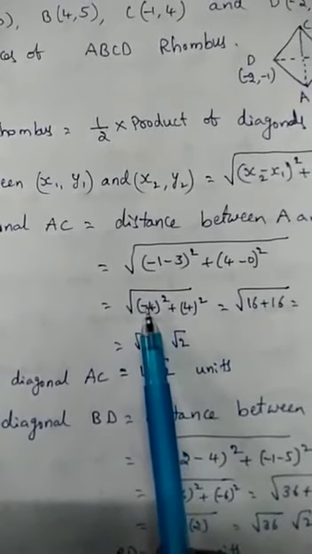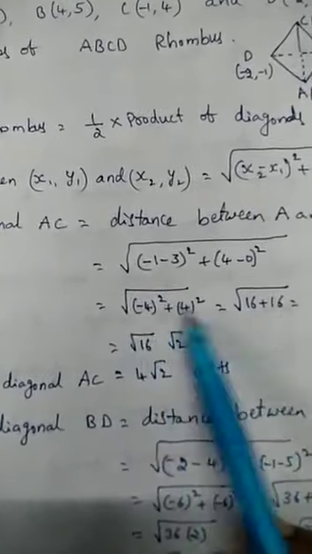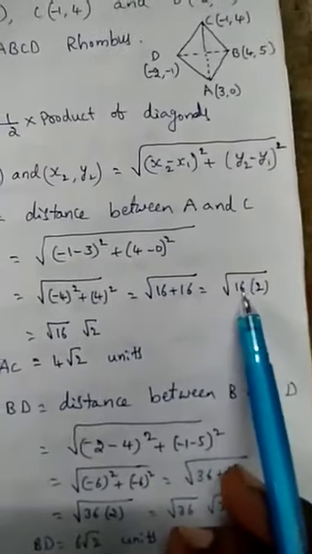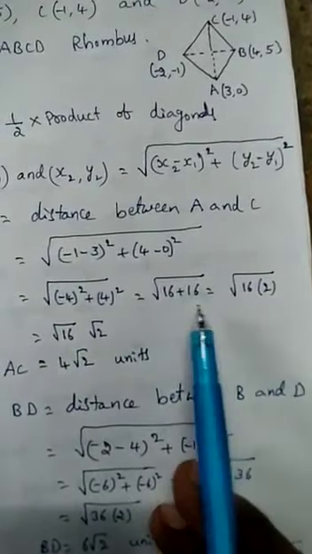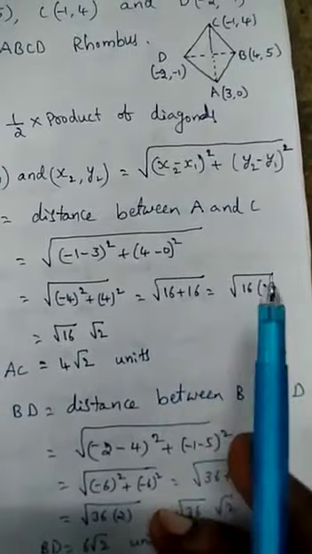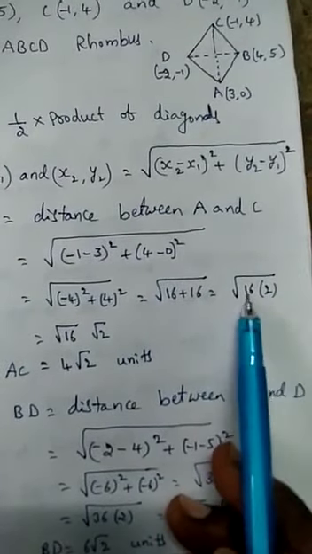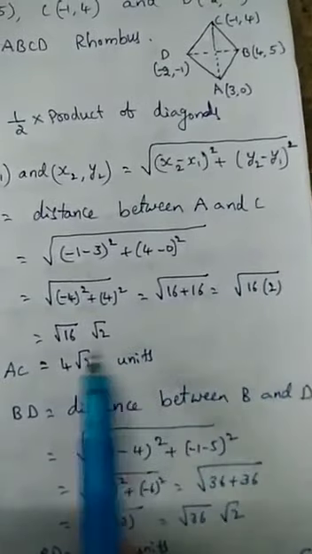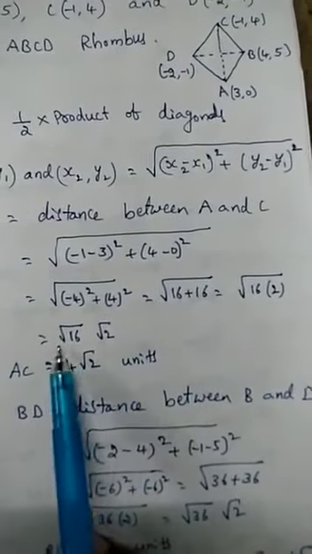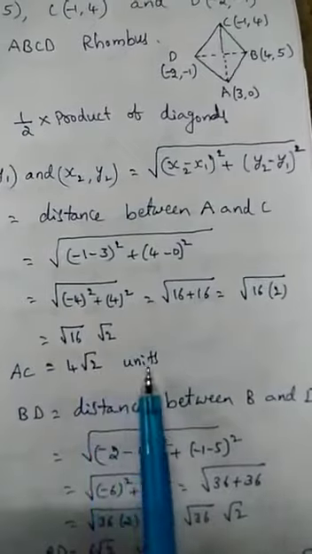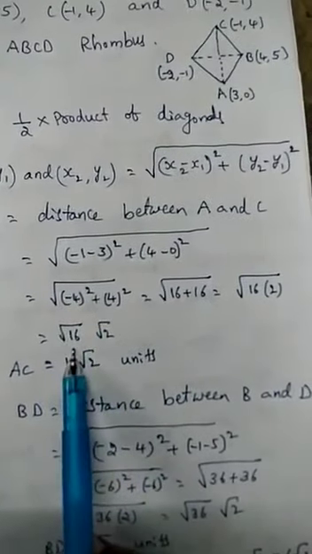The square of a negative is also positive. So 16 plus 16. 16 is repeated 2 times, and repeated addition is also called multiplication. So you can multiply 16 into 2. Then divide the root: root 16 into root 2. The root of 16 is 4. So 4 root 2 units. The root of 16 is plus or minus 4,